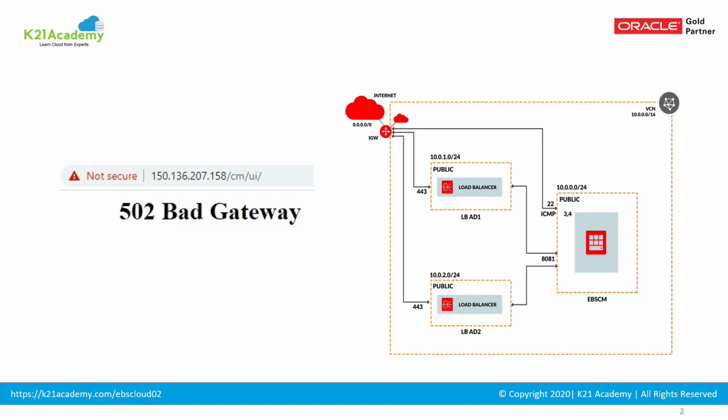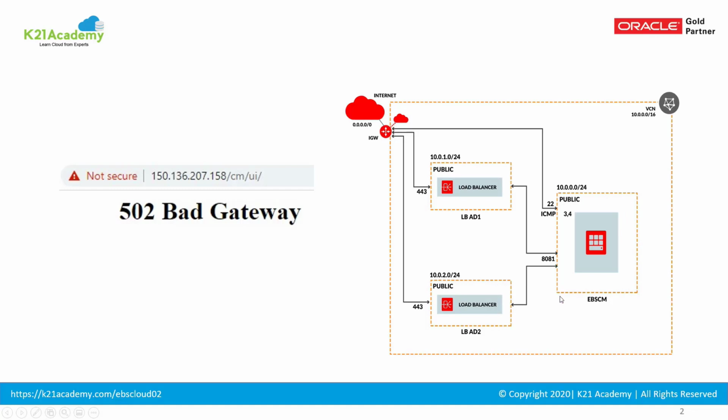Now I want to give you some background about the architecture so you understand the setup, and then you can see how you would troubleshoot problems like this. This is an architecture diagram of Oracle Cloud where the outer dotted line represents a network we call Virtual Cloud Network, or VCN, and that VCN is subdivided into subnets. You see here three subnets, where the rightmost subnet is where my application is hosted, and the other two subnets are where my load balancer is hosted, one acting as primary and the second acting as standby.